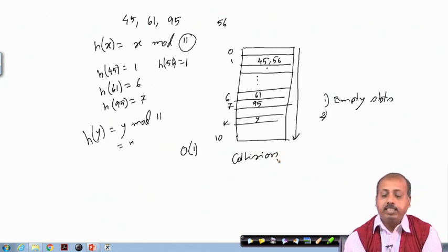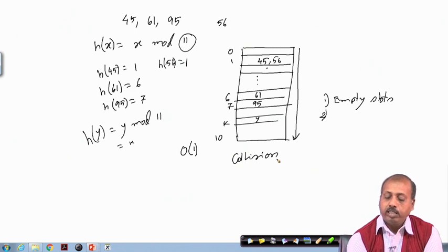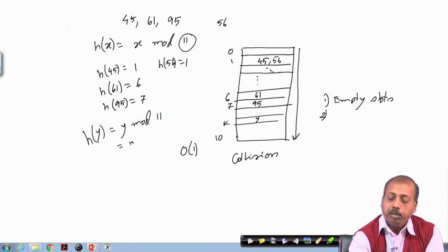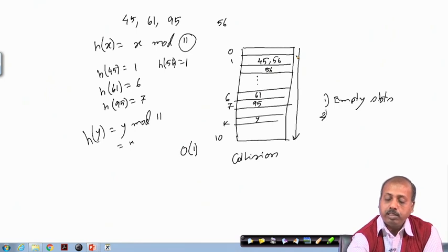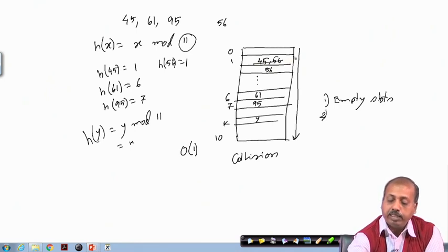If you look into data structures, there are some techniques by which you can resolve these collisions. Maybe we store 56 at the next free slot that is available, or we do not put the numbers here directly; rather, we make a chain where we put these numbers on a chain, 45, 56 like that.